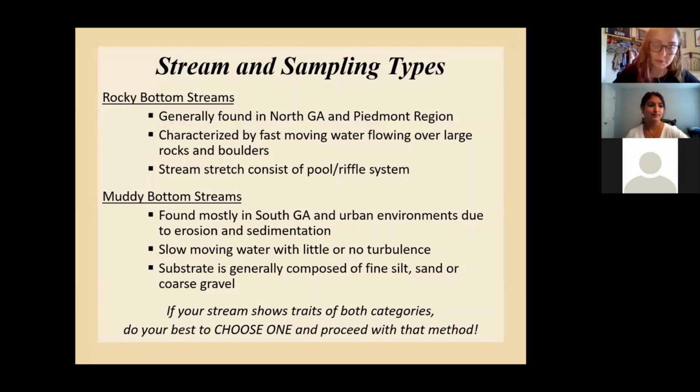But our other type of stream is a muddy bottom stream, and those are typically going to be found in South Georgia, where the geology is quite different than it is here in North Georgia. If I was at my office in Atlanta right now, I could see Stone Mountain from my office building. So we know that North Georgia and the Piedmont region are heavily influenced by granite.